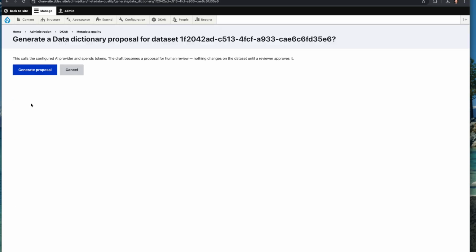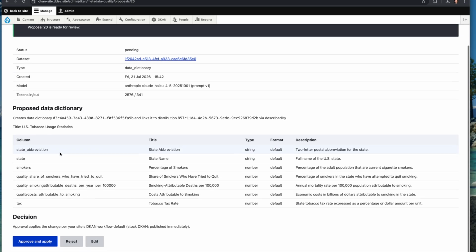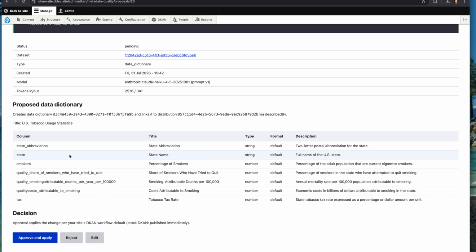So if we go into draft data dictionary, we can hit generate proposal, and that will connect to a model behind the scenes, generate a proposal for us, and then actually give us the ability to review. So here's a proposal for a new data dictionary. It's gone through all of the fields in this particular dataset and suggested a title, field types, formats, and